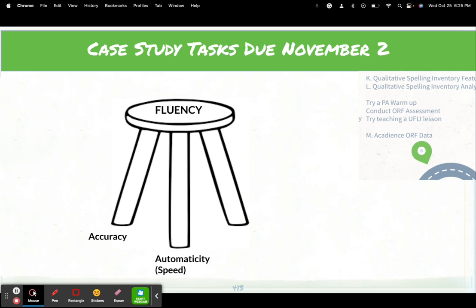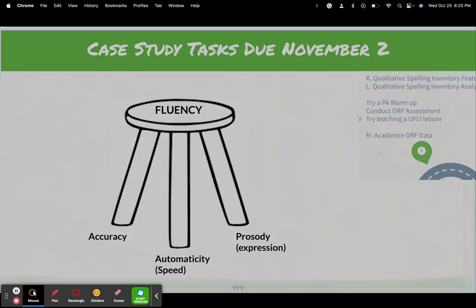In oral reading fluency, prosody is equally important. So prosody is the expression. It's reading in appropriate phrases that convey meaning and so on. So a fluent reader is someone who reads what's on the page correctly at a natural pace and uses expression or phrasing. When you hear fluency otherwise, like nonsense word fluency, they're just saying we're going to time how fast and how correct the student is.